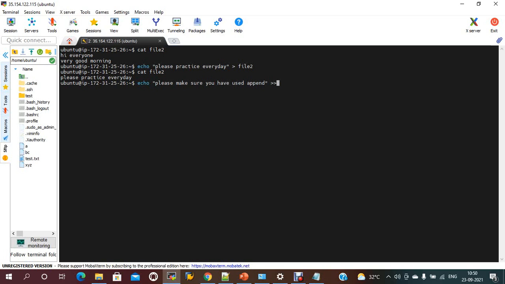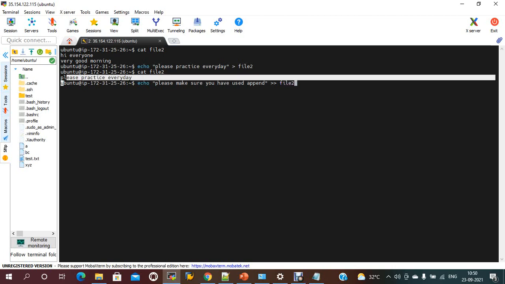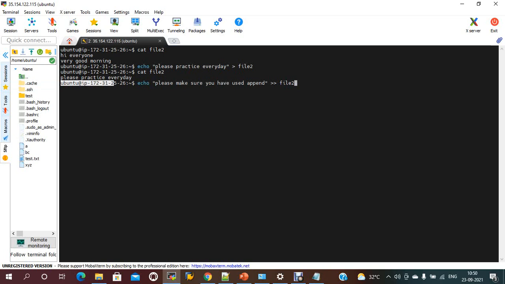That time you just need to give double greater than and file 2. If you see, this data is also there, and whatever new data you add should be inserted after this line. Now if you see file 2, this one is there and this one is also there. So if you don't mention anything, it will be overwritten. If you want to append the data, you just need to use double greater than.